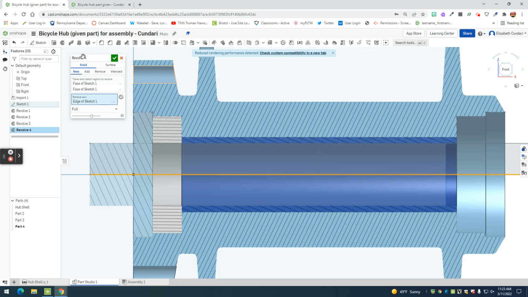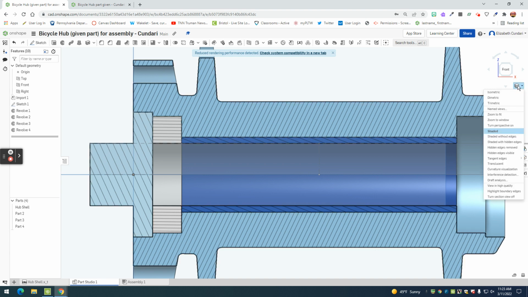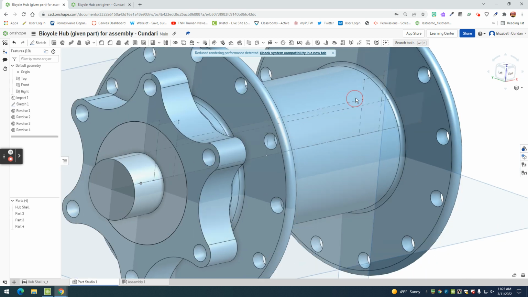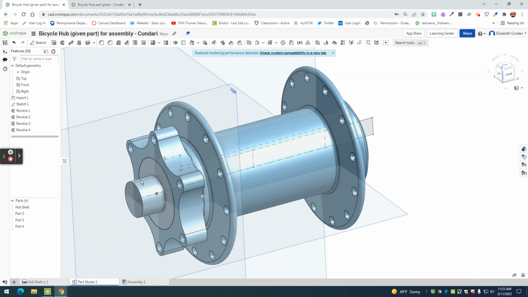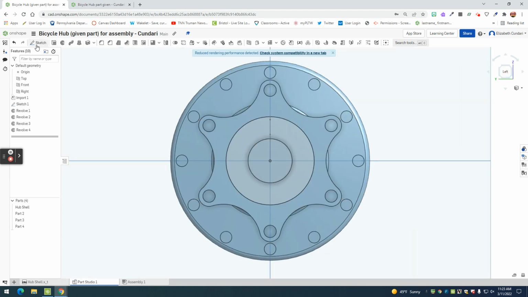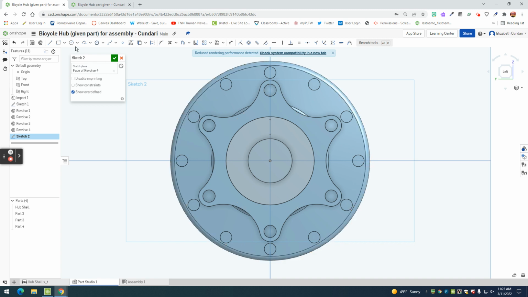All right, so now we're good to go. I'm going to hit check. And I'm going to go back here to turn off section view. And you're going to see that everything is in there. Okay? We have to go through and we have to put that shape on there that exists. So I'm going to go to my left view. And I'm going to sketch on the plane of this circle here. This one in the middle. I'm going to pick,